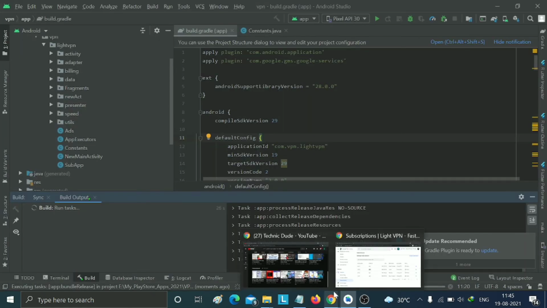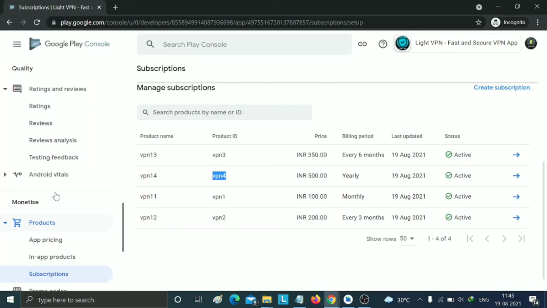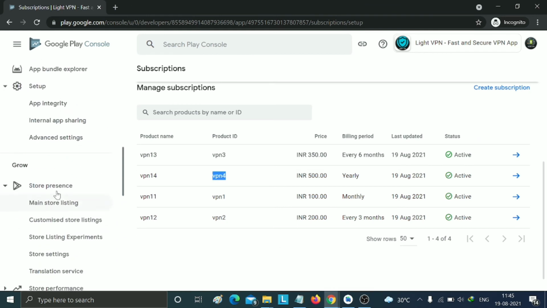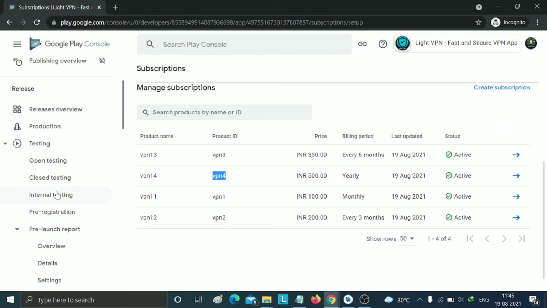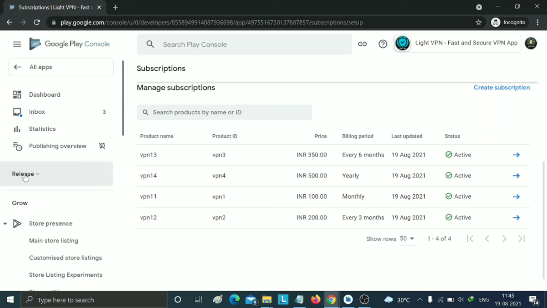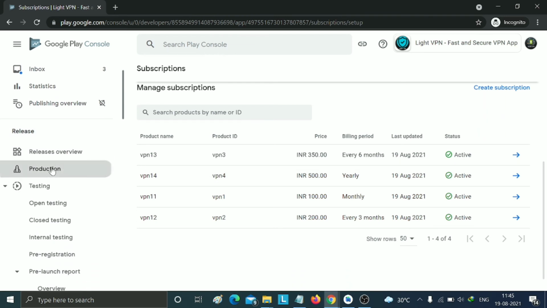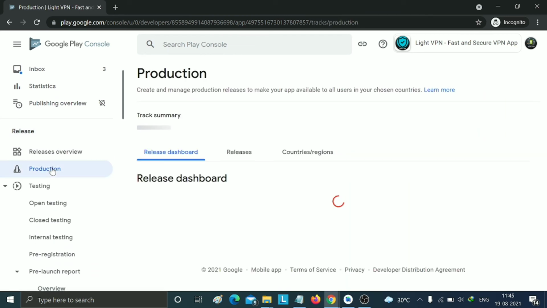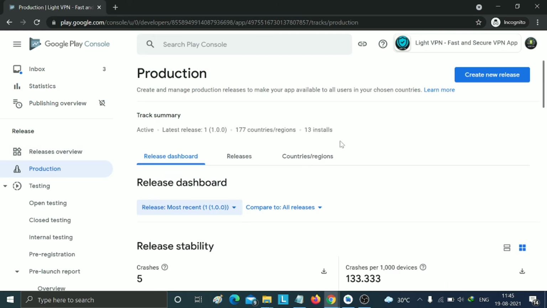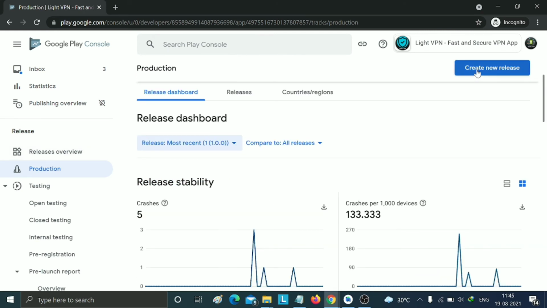So just wait, and I open this. Go to the above option and click on the release option. Click on production and click on create new release.